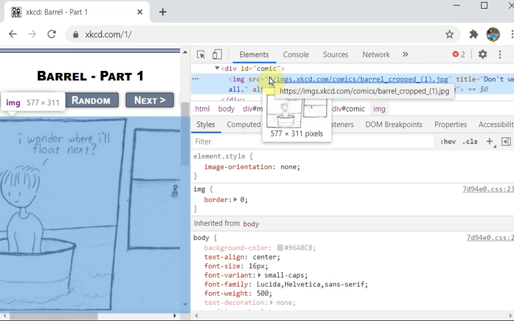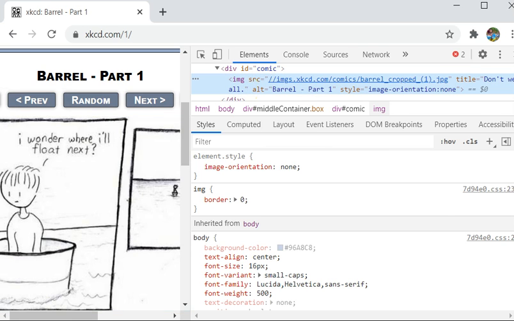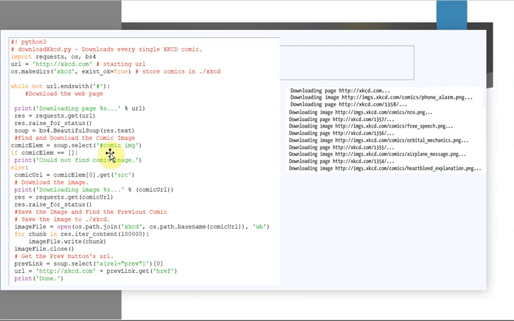So the selector we are going to use is #comic img, where comic is nothing but the id attribute that has been set to comic. So the selector #comic img will get us the correct image element from the BeautifulSoup object.